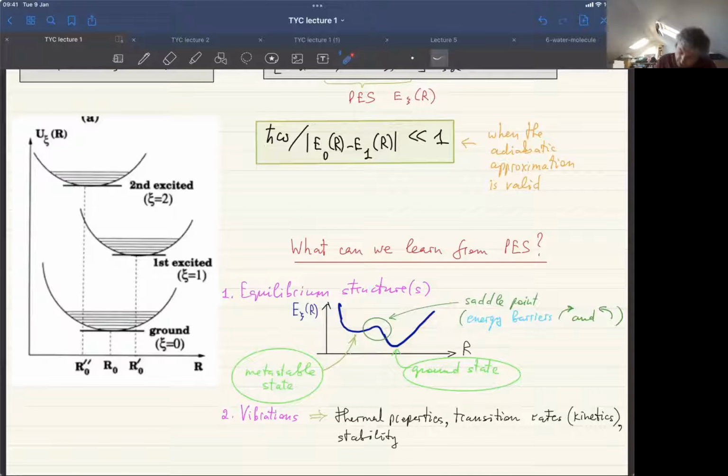minima. The lowest minimum would be the ground state of the system, where it would spend most of its time, but there could also be some metastable states with higher energy, which are also legitimate states of the system, because the system there is stable, provided that the barrier to overcome in order to escape from that state is non-zero. Then that state would be stable. Of course, the higher the temperature,